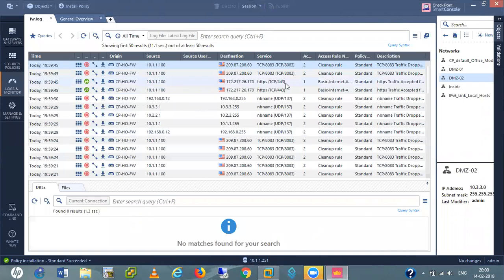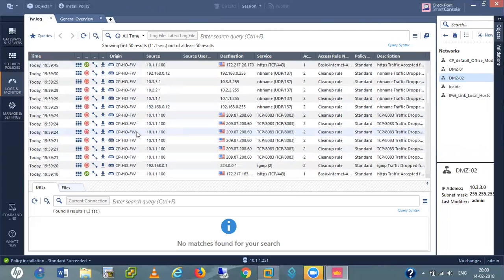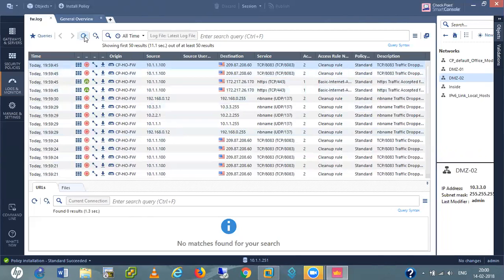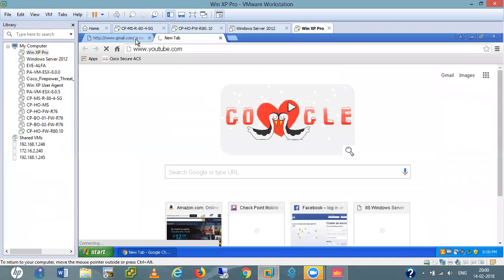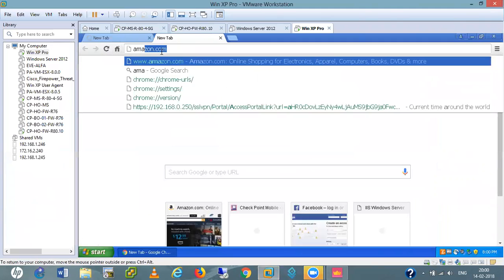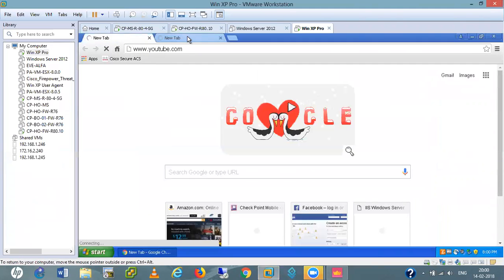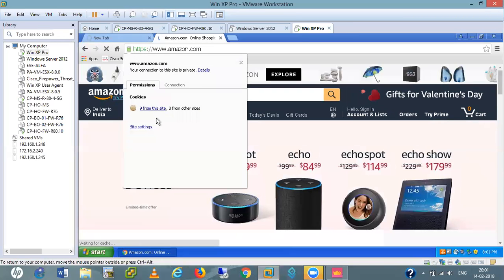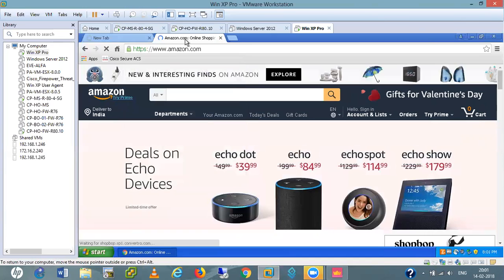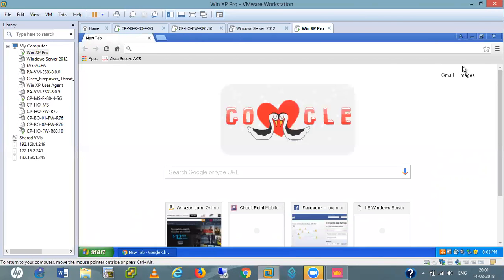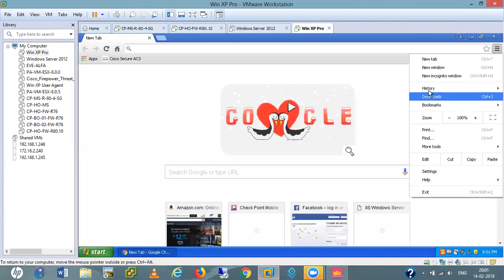Save the traffic for this website, HTTPS. For this, it is dropping by the cleanup rule, okay? Let me clear the history first, okay?